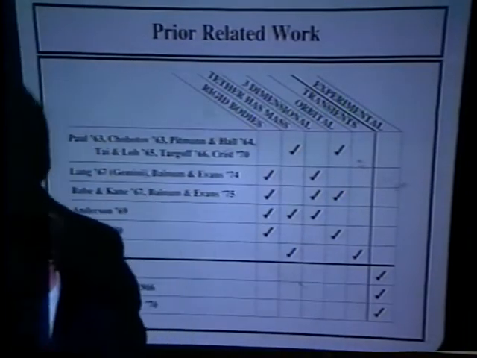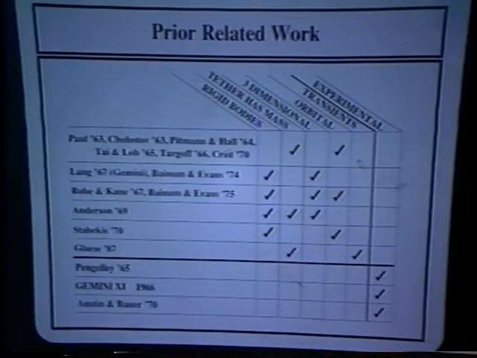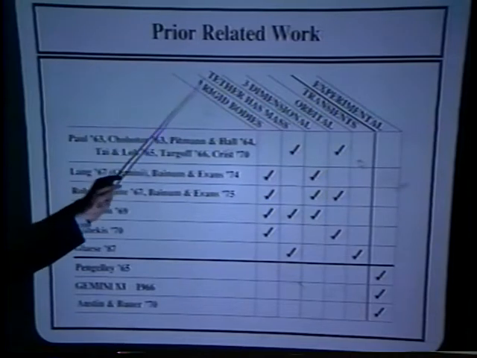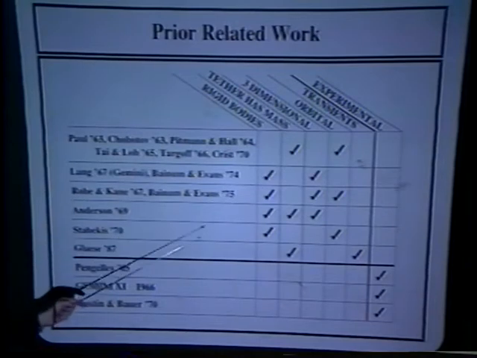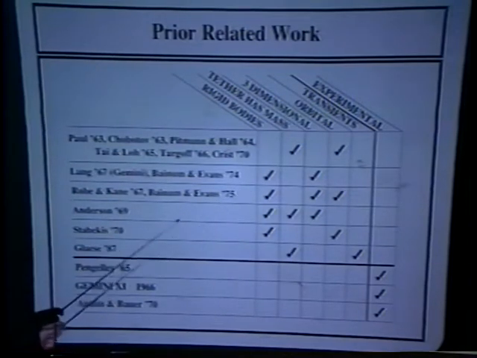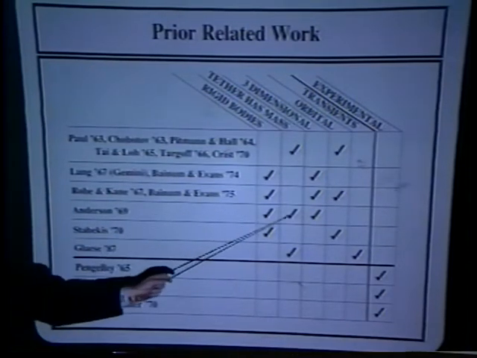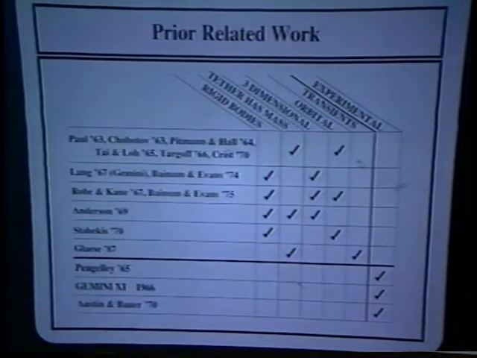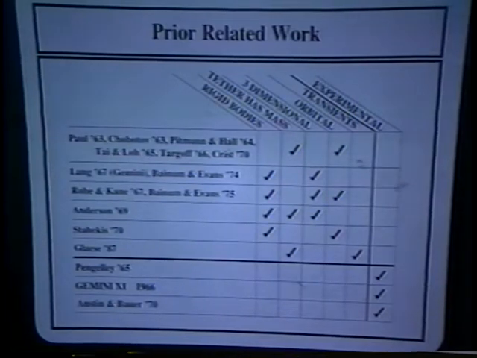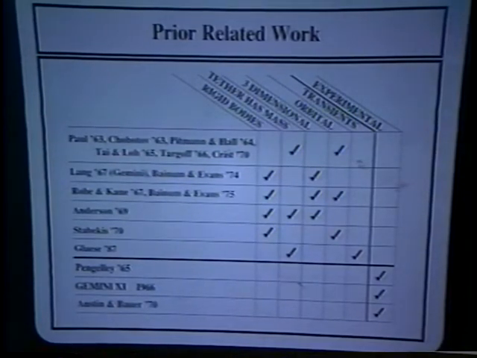I'd like to briefly discuss some prior related work. There was a lot of work done in the mid to late 60s on the concept of a tethered artificial gravity spacecraft. Most of the work included an analysis of either the tether mass effects on the dynamics of the spacecraft or the effects of rigid bodies. There was only one author who included both of these effects on the dynamics of the spacecraft, and he was able, after making some very restrictive assumptions, to come up with equations of motion for the steady state motion of